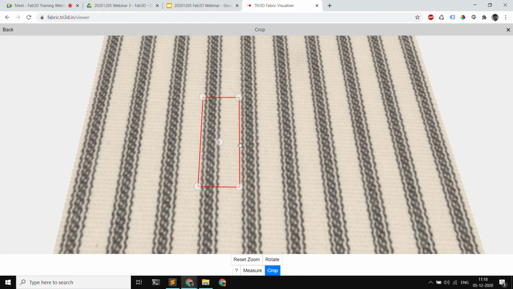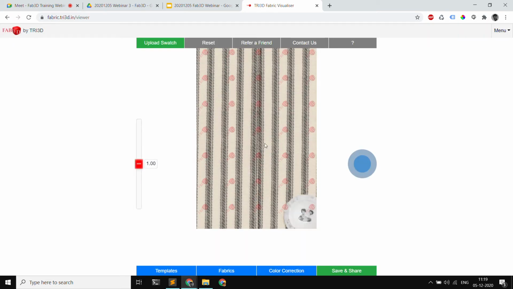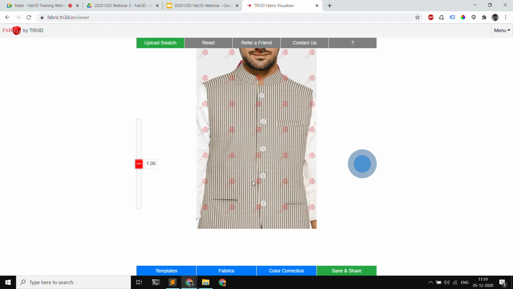Because it's a cloth, it's a fabric and it can bend, sometimes it can so happen that the line itself is not exactly straight. So what you can do is click on these things, create additional points also, and shape the line according to the line on the fabric, so that the straight line appears straight after correction. Right now we don't have a problem over here. Also, when you are clicking a photograph, if you click a small portion of the fabric, it will ensure that the lines are straighter in a smaller portion. Okay, so I'm going to click on crop, I'm going to finish, and now the lines are again back straight, right?